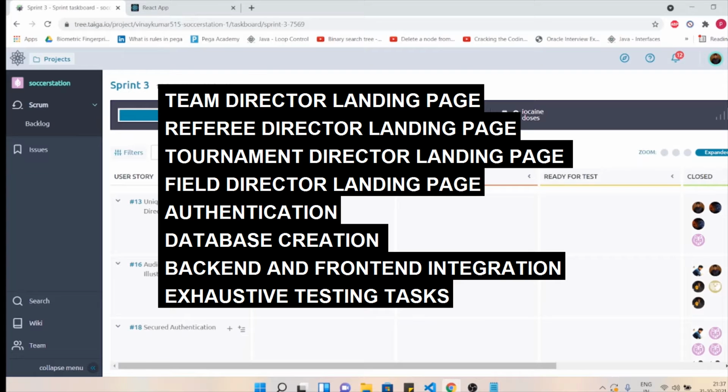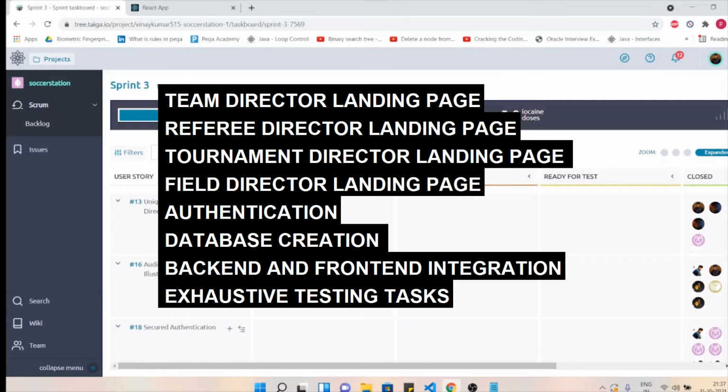Just to give an overview, we started our sprint with a vision to complete the team director page, the referee director page, tournament director page, field director page, the authentication, DB creation, and integration of UI and backend.